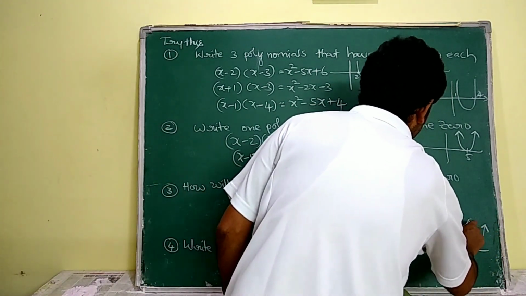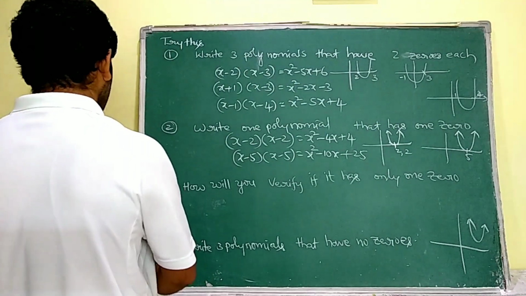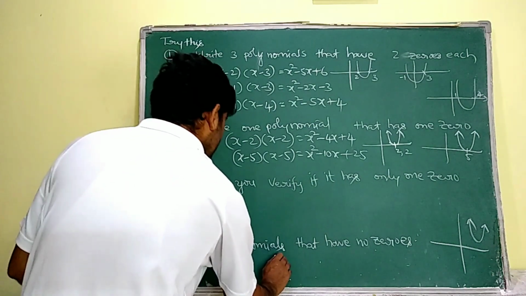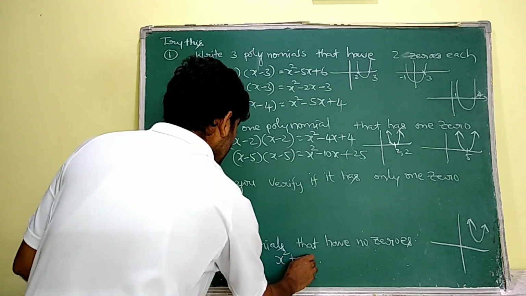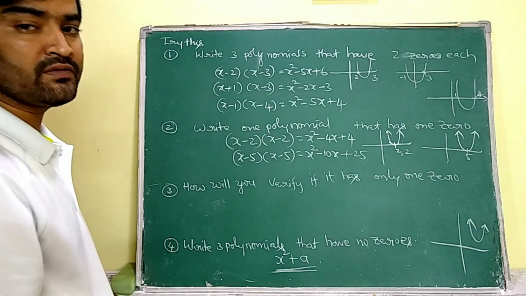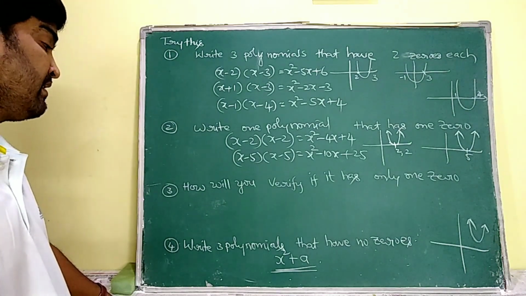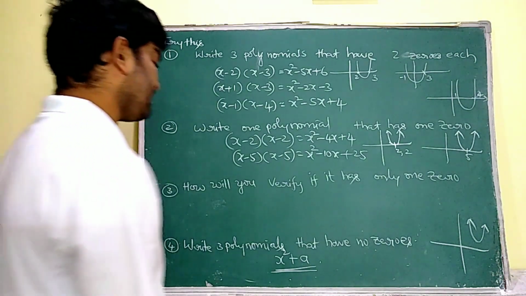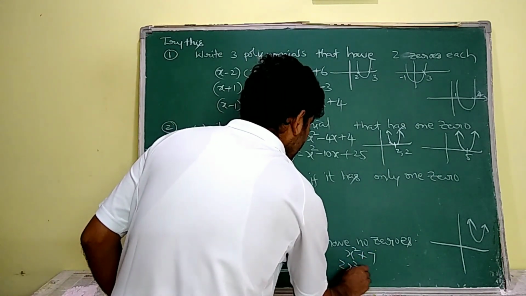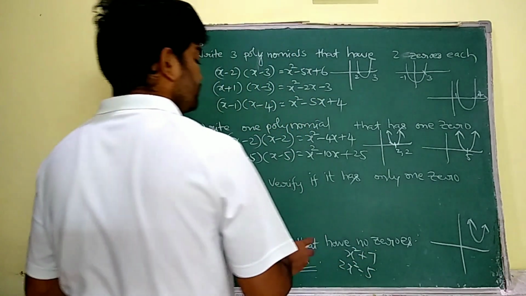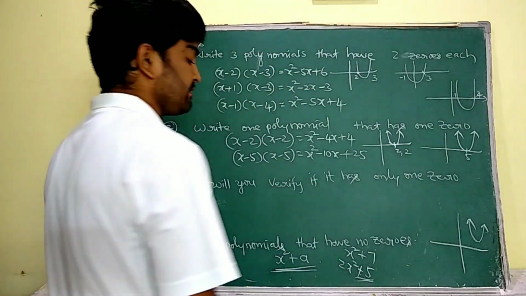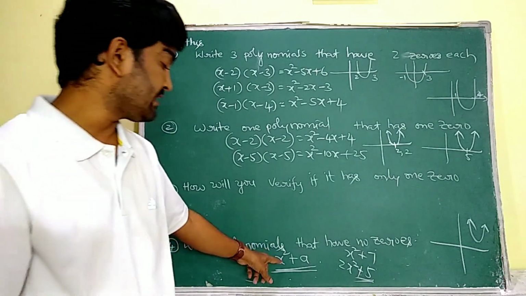Okay, for that just remember you have to write a pure quadratic equation where the constant is positive. That means x square plus a is a polynomial which is not having zeros. Like that you have to write x square plus 7, 2x square minus 5. Sorry, 2x square plus 5. Always the constant here must be plus. Why? Because x square plus a.